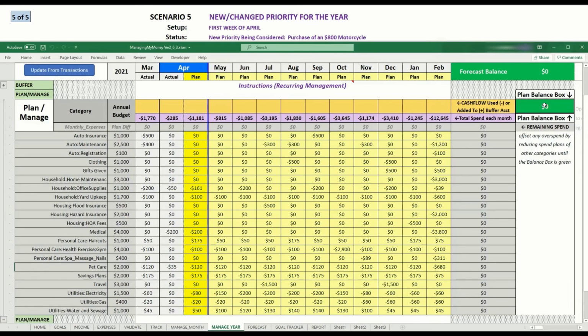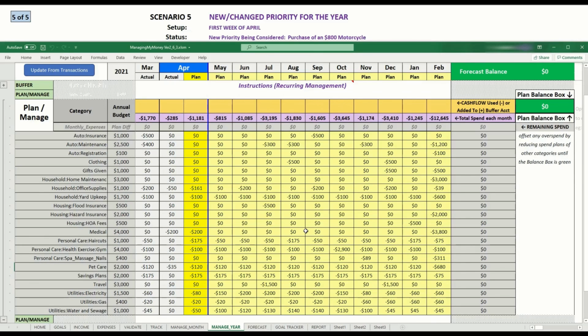Of course, the fifth option is we can decide that the new expense is not worth reprioritizing our other plans. For example, we might say, hey, our health plans and our gym and our travel plans, our family time with travel, and our savings goals are all more important than this $800 motorcycle. So in that case, what we might do is try to find a way to up our savings a bit for that motorcycle, and maybe we save $400 towards that motorcycle this year, because we can afford to de-scope $400 through some of these other priorities,